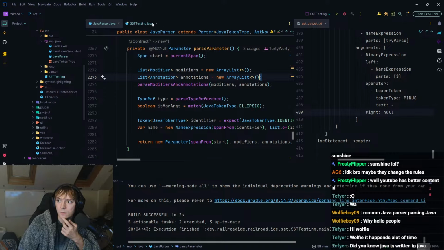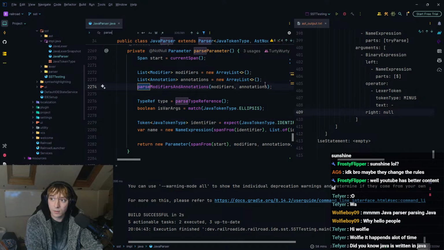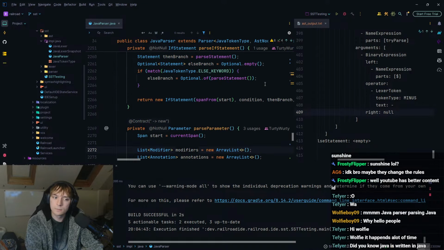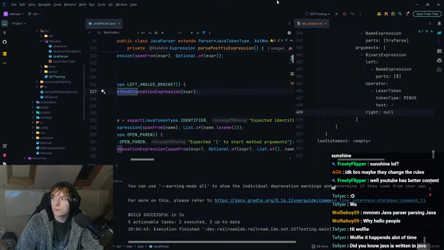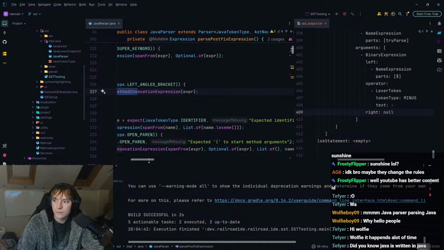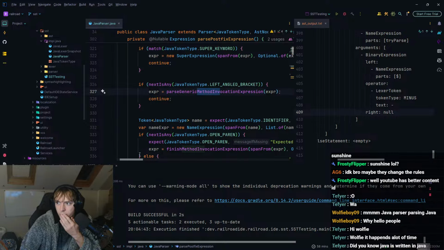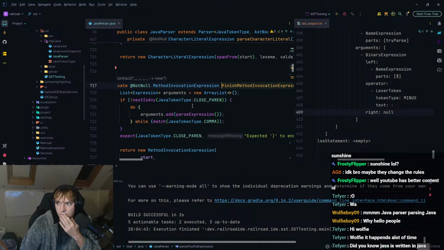It needs to be parse argument, or is it parse parameter? It's method calls, right? So method invocation expression. This little sucker. Which one of you is it? It's not going to be that one. It's going to be this one.